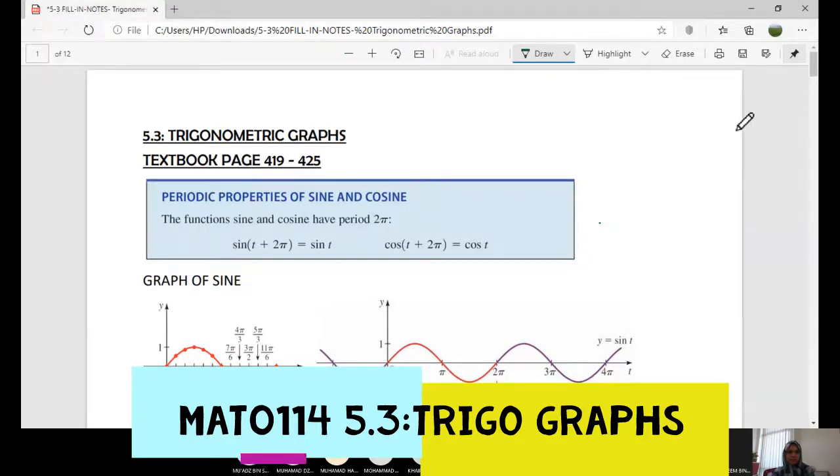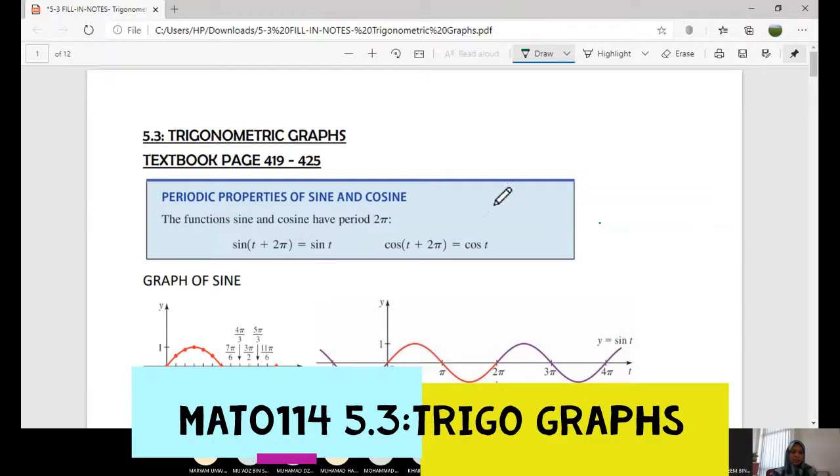Okay, so these are the notes. You can refer to page 419 until 425 on how to sketch the sinusoidal graph, which is the sine graph and the cosine graph. Okay, first of all, we introduce the periodic properties